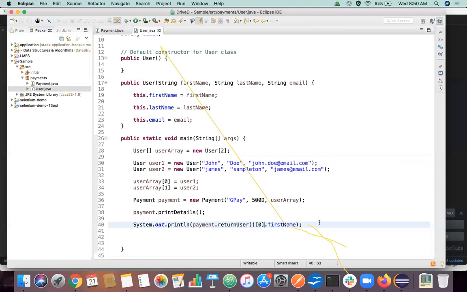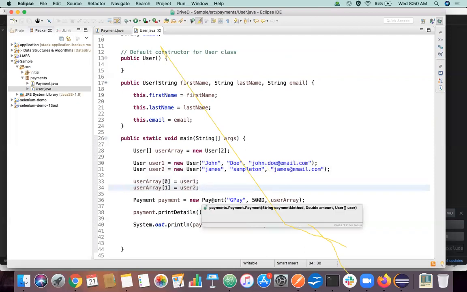Everyone got the point, or is there still some confusion here? I have a little doubt on calling these objects from a different class. We have initialized user array 0 as user 1, and user array 1 as user 2. When we are calling the payment method and giving a user array, we are not sure which index we are passing the value of the object to the payment class.